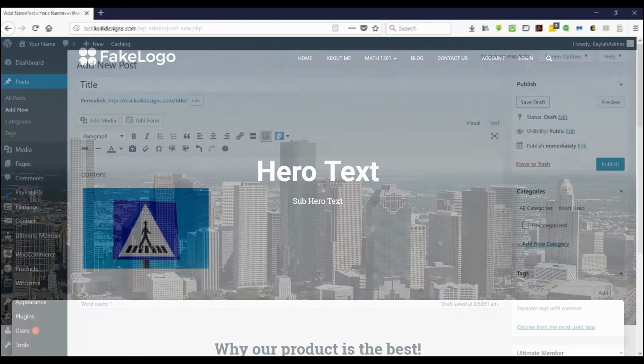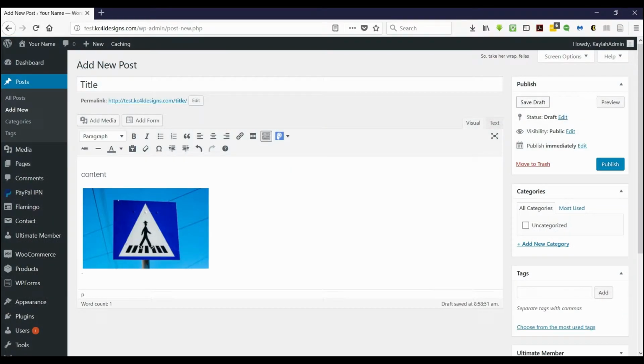So let's get started. To do that, we just go to the left panel and we can click posts. You can click all, add new, categories, or tags. Either way, it doesn't matter. In WordPress, there's multiple ways to get to something. So we'll just do all posts, and this will be where all your posts will be listed. To add a new one, you just click add new right here. Of course, the shortcut way was to do it from here. So click add new,